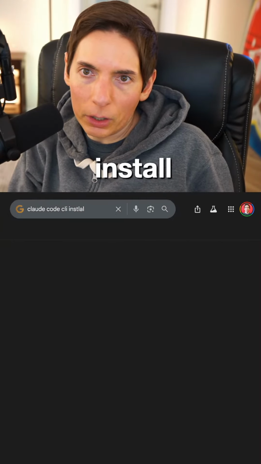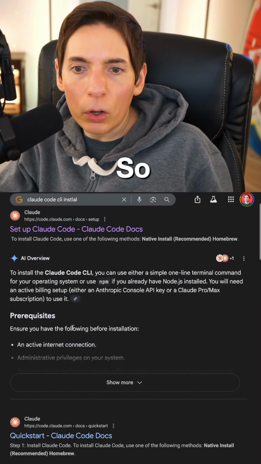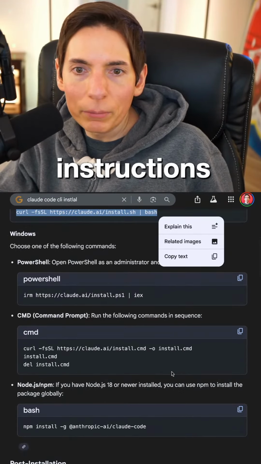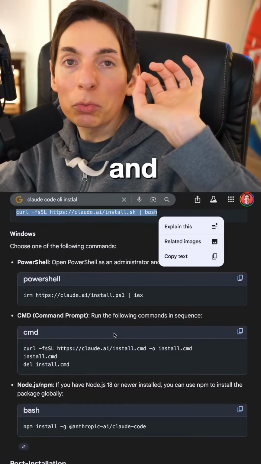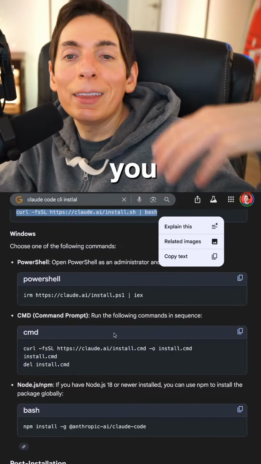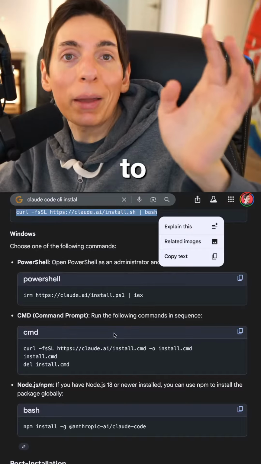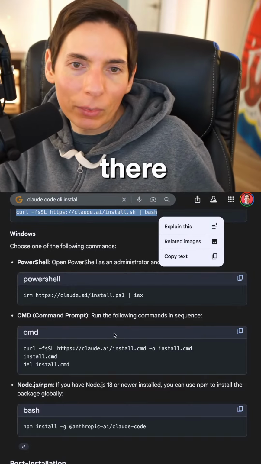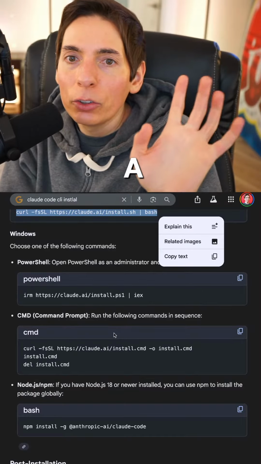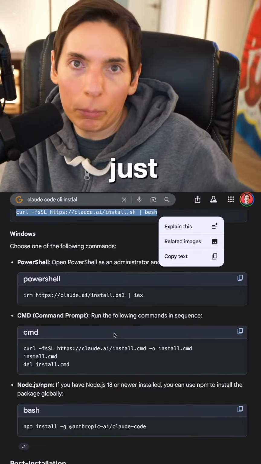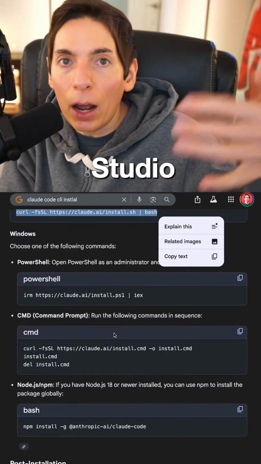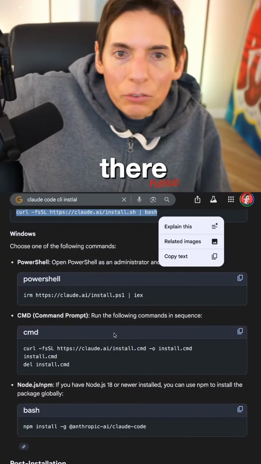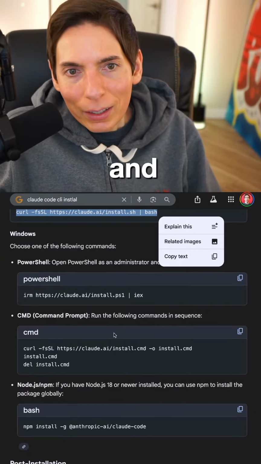Install. There you go. So follow the install instructions, right? And then have it do the work for you. And then it'll tell you to open up Android Studio and to bring in the application and then run it there. And then you still use the AI to write the code for you. And then you just open it up in Android Studio and start the simulator. You can start the simulator from there. $50 once in Google and $100 for iOS.